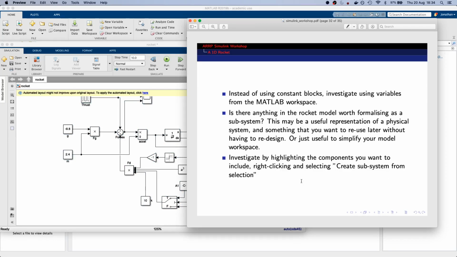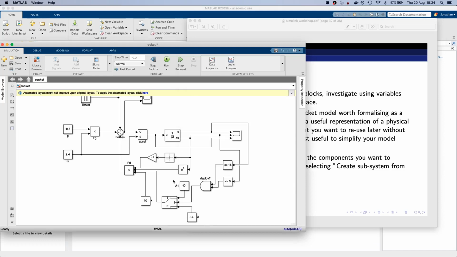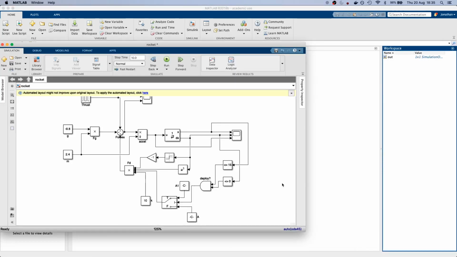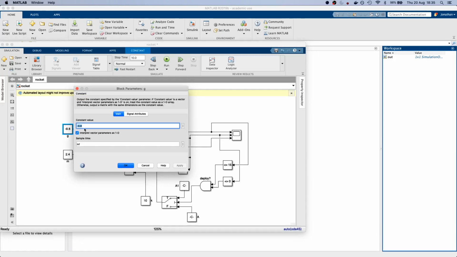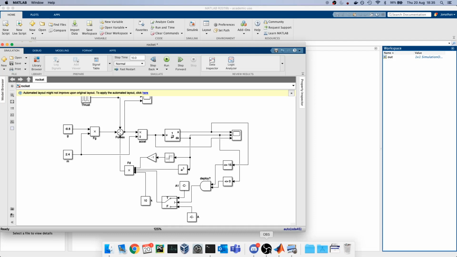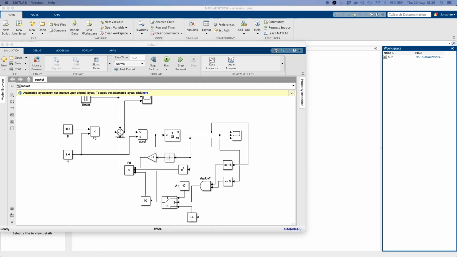You can read the constants like M and like A in from the workspace just by defining them in your workspace and then accessing them from the in variables. So if I was to type in the forces and stuff like that, instead of 9.8, it would just be a reference G, which is a MATLAB workspace variable, and so on. Constants can be useful in terms of you see exactly what you're dealing with, but working from the workspace, if you've got a lot of different